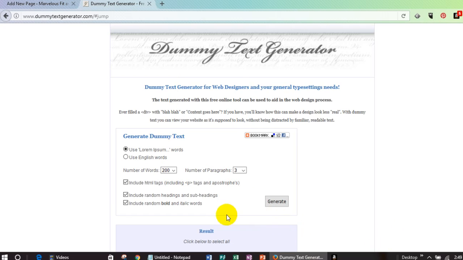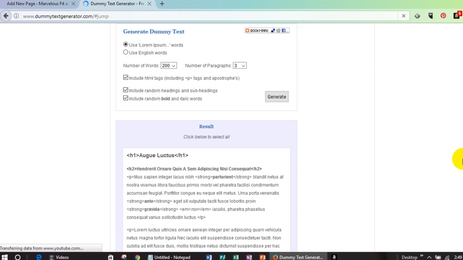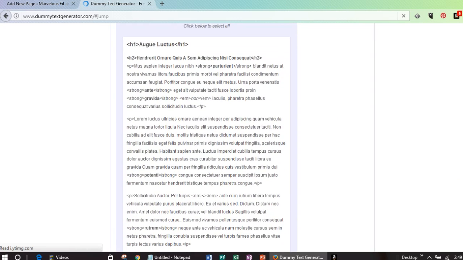The other thing that you can select is whether you want to include HTML tags. I'm going to say yes to that because that way I don't have to go in and do any kind of formatting. All my bold, underline, header text, all of that stuff will be specified in the dummy text. So you want to check that if you want to have that function. You also want to include headings and subheadings and any random bold and italic words. This just gives you something that you can use as filler text. So once you do that, you click on Generate,